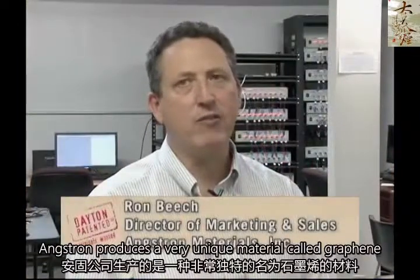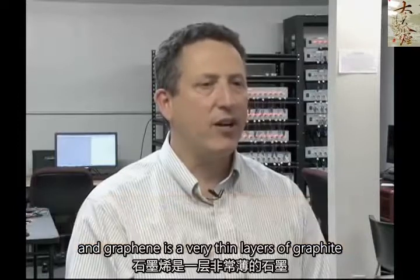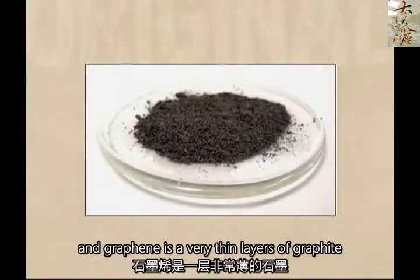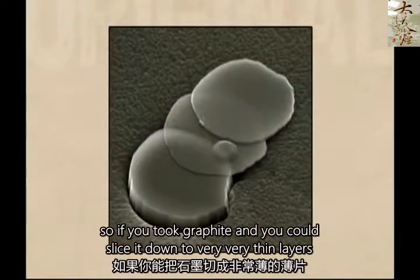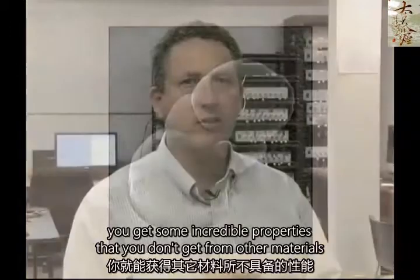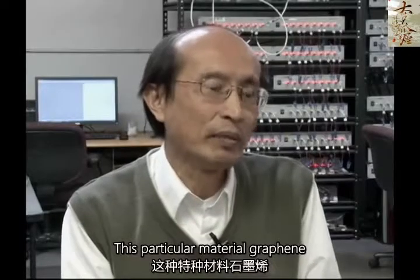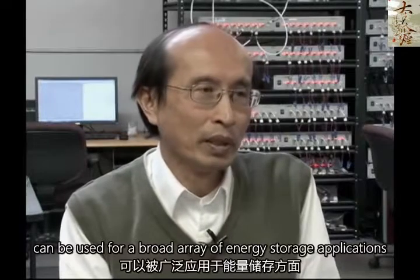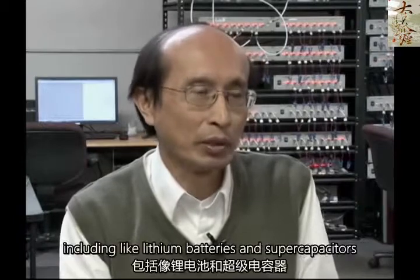Angstron produces a very unique material called graphene. And graphene is very thin layers of graphite. So if you took graphite and you could slice it down to very, very thin layers, you get some incredible properties that you don't get from other materials. This particular material, graphene, can be used for a broad array of energy storage applications, including